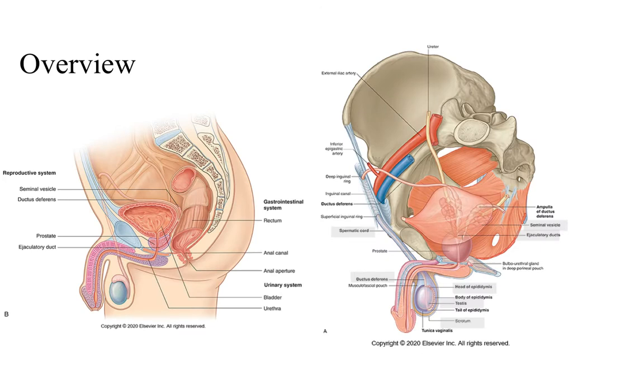The male reproductive system consists of internal reproductive organs as well as external reproductive organs. And so we'll start with a basic overview of what these are, beginning with the testes right here. All right, sperm is made in the testes as well as testosterone, male sex hormones, and that sperm will travel